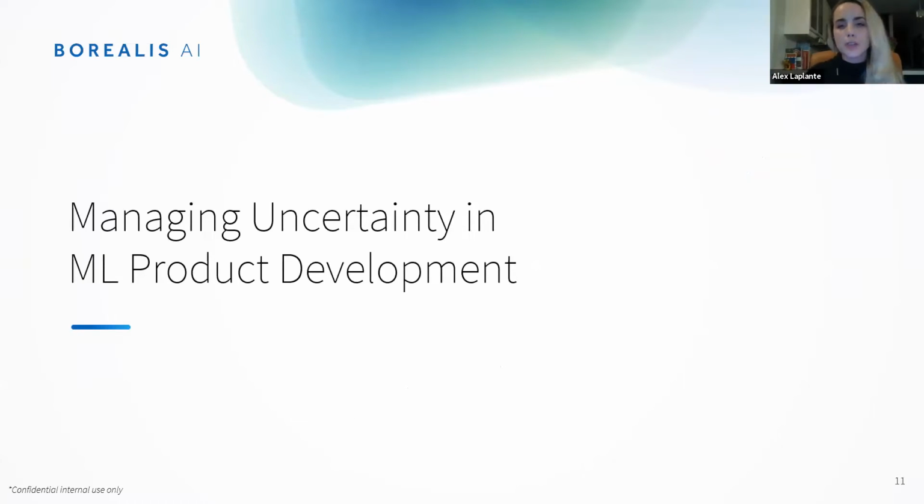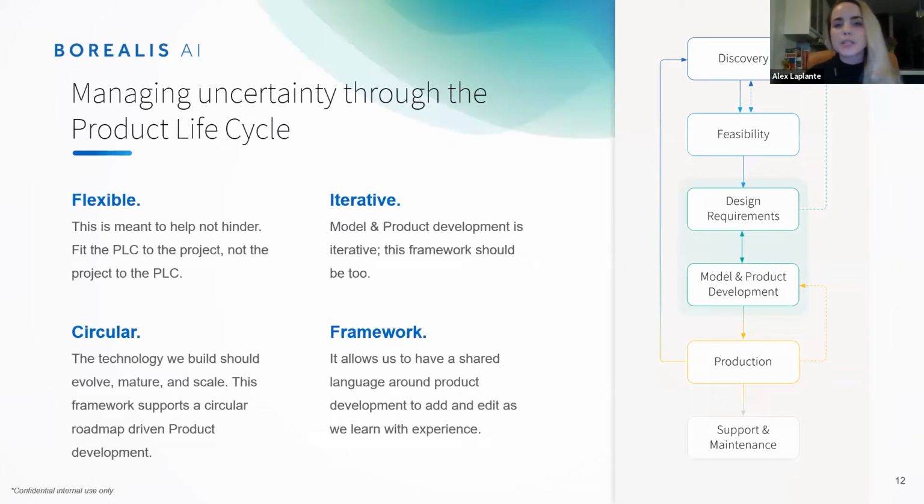And of course, in order to do this, it's really helpful to have a set of tools that help you do that. And one of the tools that we lean on a lot at Borealis is our product lifecycle. It's a common process and a common language we can use to really understand where we are with a particular project. All of our teams understand what the expected inputs are to every phase of the product lifecycle, as well as the expected outputs. And we also understand the key characteristics of our product lifecycle. And this is something that we have developed internally. Obviously, this is a concept that is borrowed from product management, but we've made it our own.